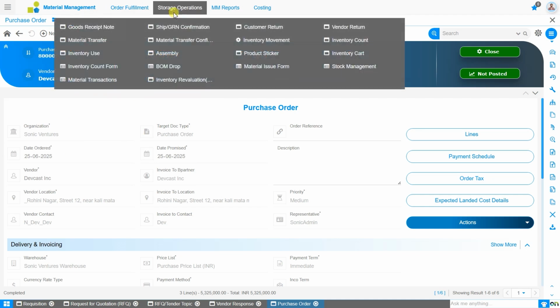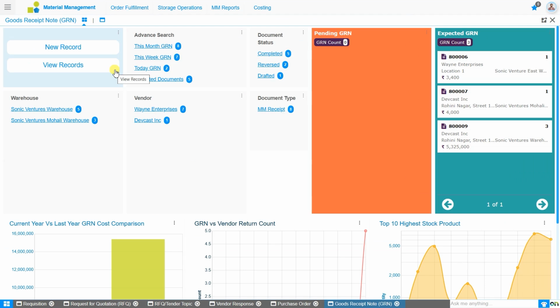Under Storage Operation, select Goods Receipt Note to open the screen. This will land you on the GRN landing page, which contains various mosaics. These mosaics help in filtering records, analyzing costs, tracking returns, and reviewing insights such as the top 10 stocked products